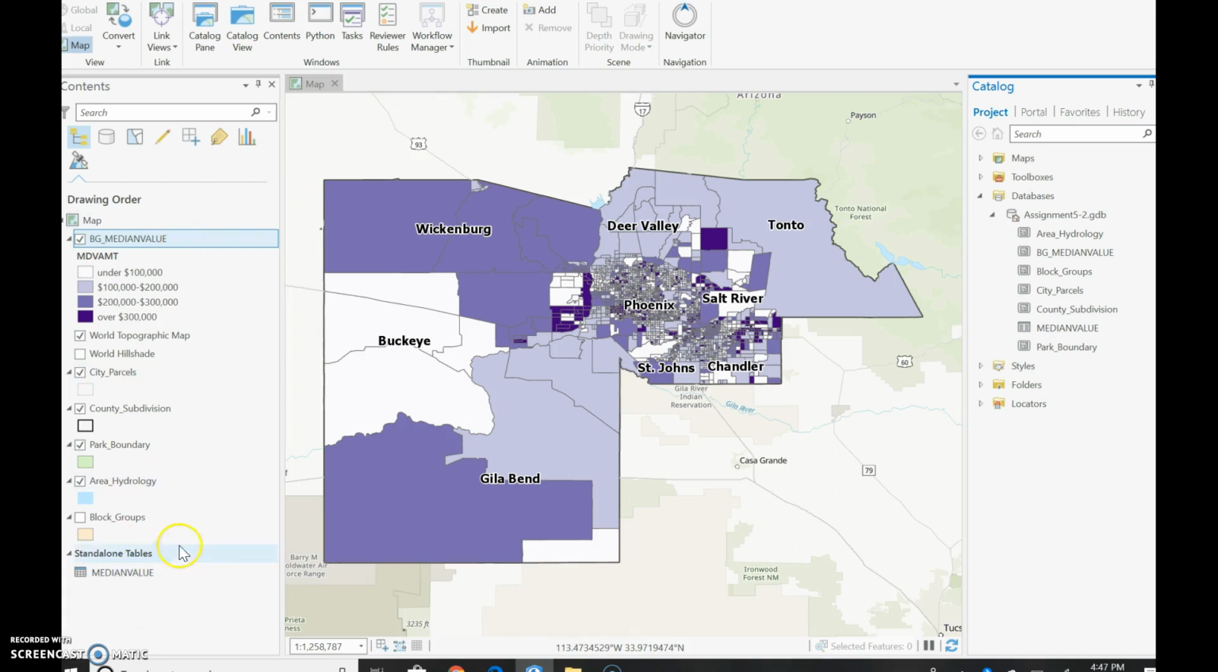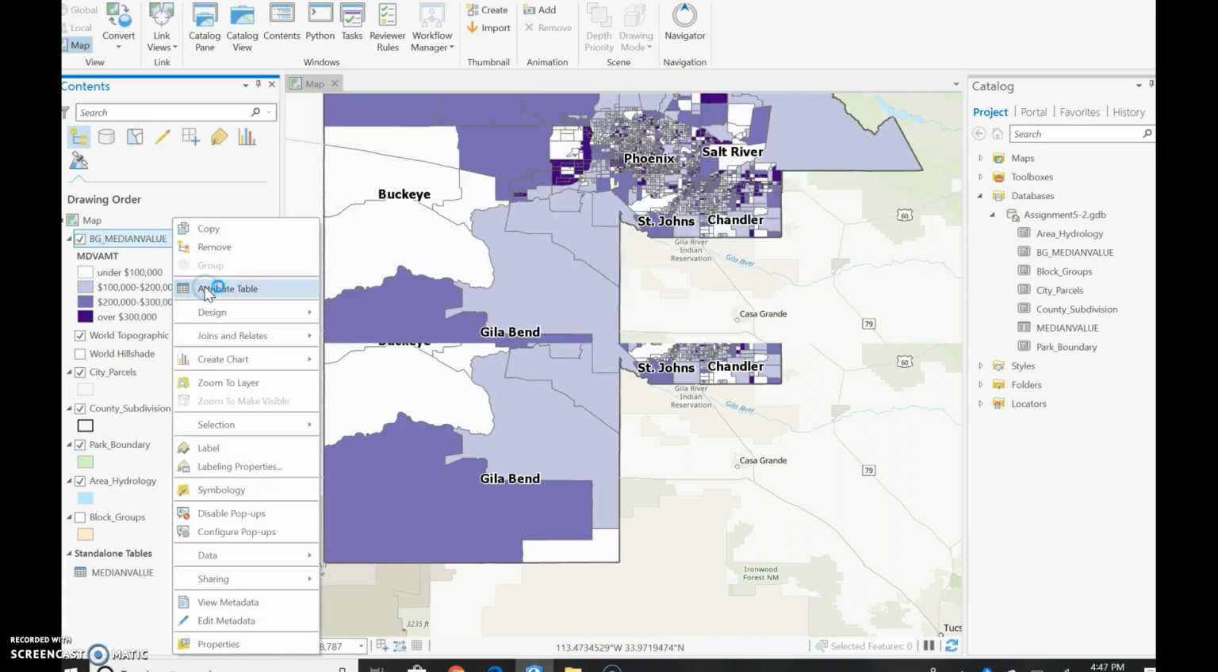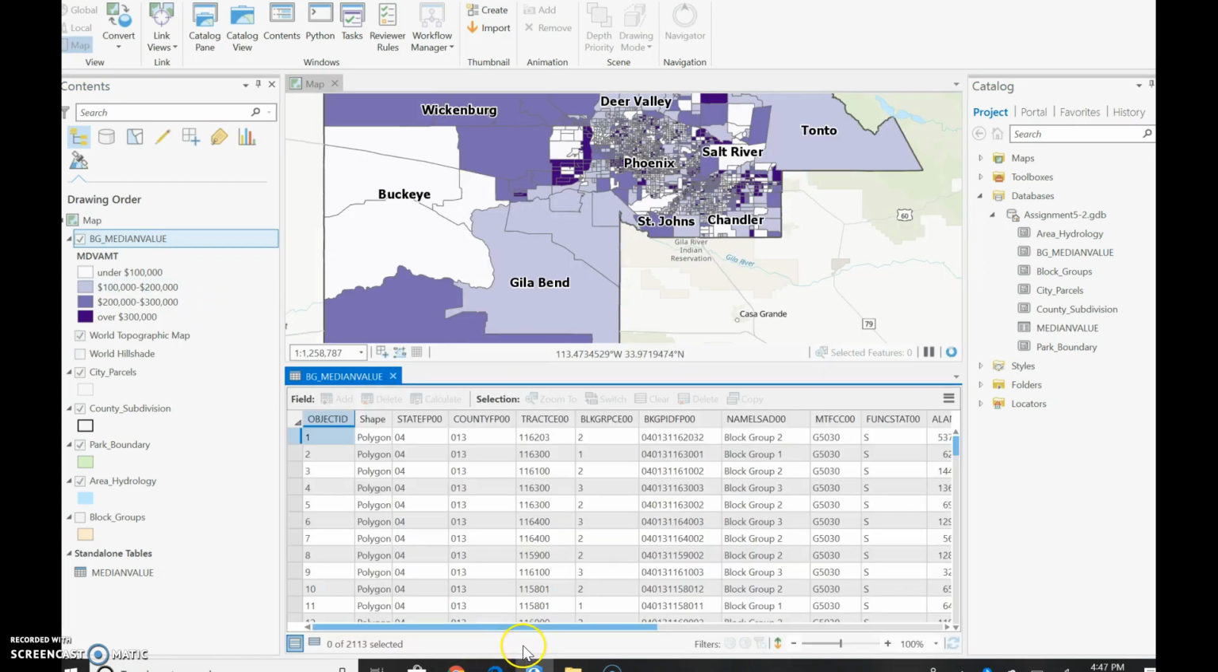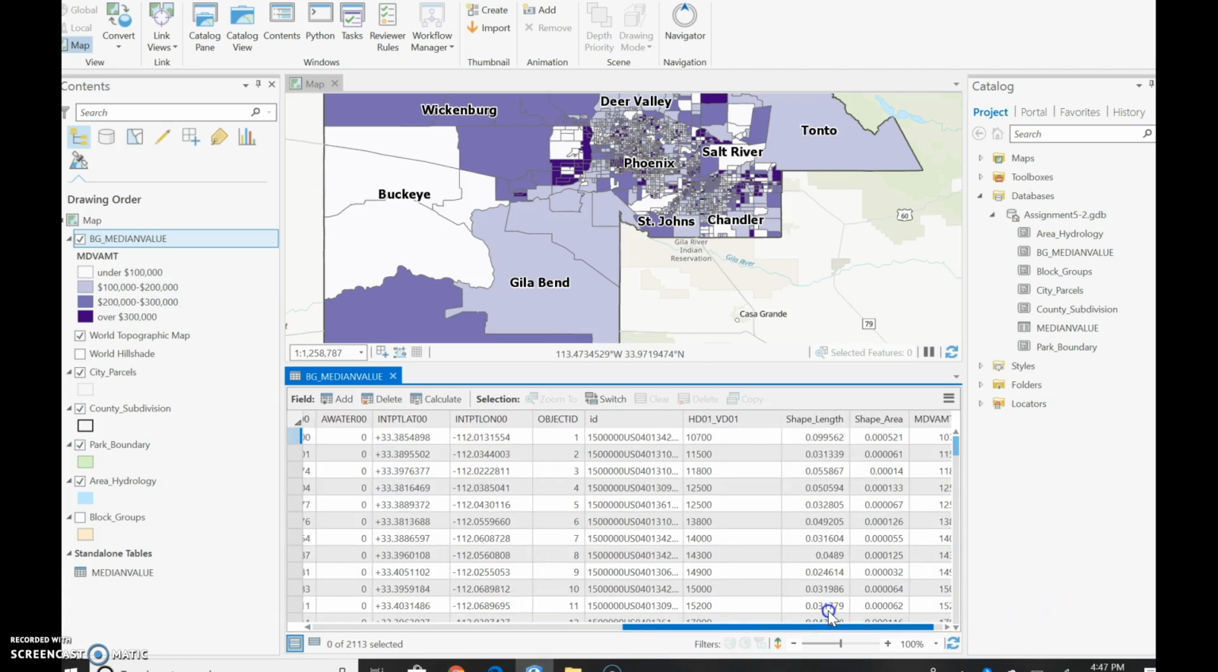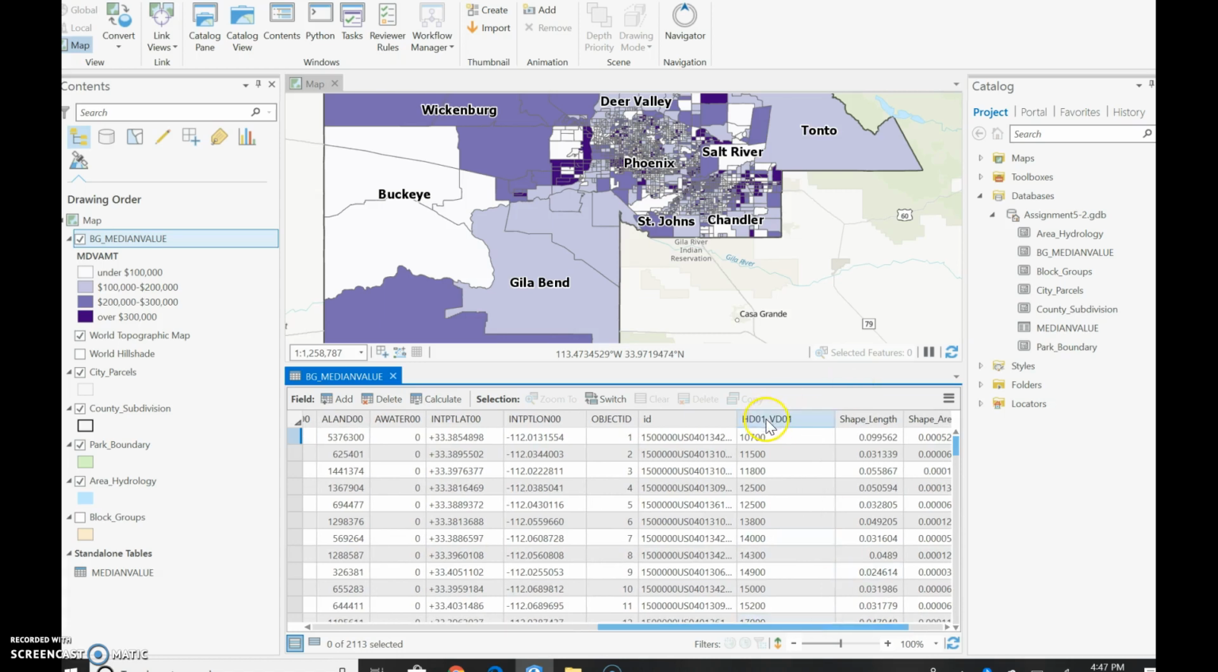the median value to the block groups and then created the new feature class of BG median value, that when we look at this, so let's say we open up this attribute table, you'll see all of our attributes here, right? So what'll happen is all of our attributes will be here. Here they are, HD011, which is the median value. This came from our median value table, and this came from our median value table, right? So all of these things join together with this block group